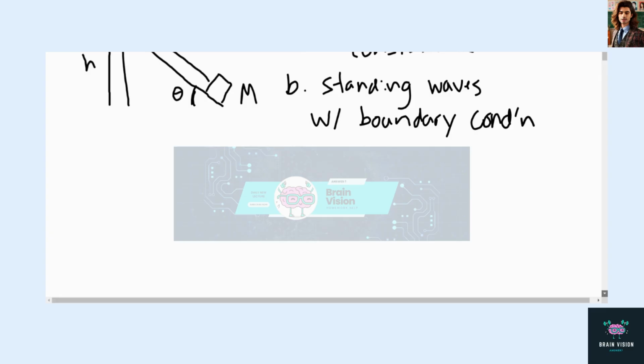So in part C, we're trying to figure out what the tension is in this string. And we know that there's tension because the string is stretched over the pulley, and the weight is pulling it down. It's at rest at the bottom of the inclined plane. So we know that it's pulling on the string, and it's also tied at the other end. So we have to figure out what the tension force is. And the way that we do that, the easiest way, I think, is to just do a force diagram on